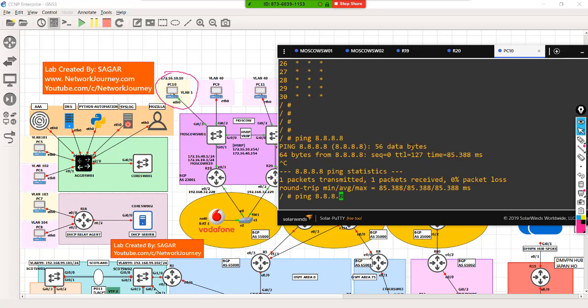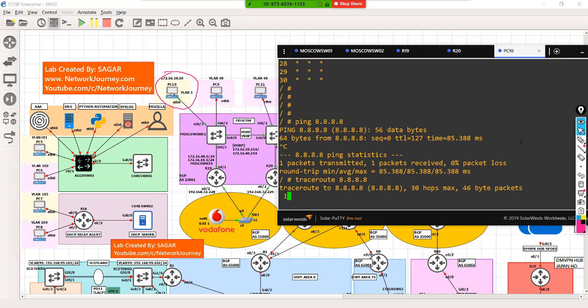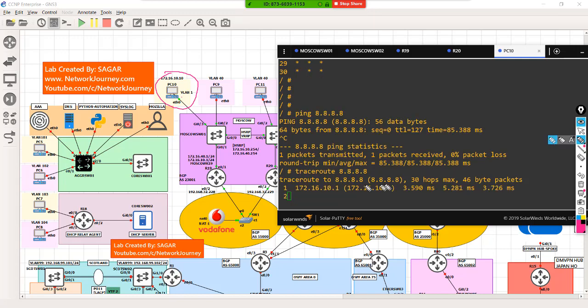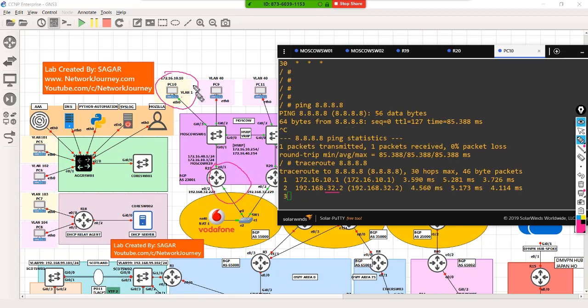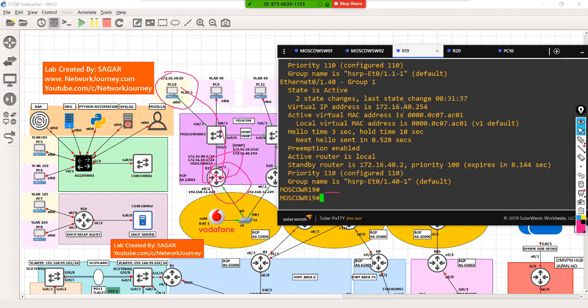So we have reachability, that's good. Let's try out the traceroute. Okay, so it's pointing to 10.1. That's nothing but this. So that's fine, because it's the active device at the moment because of the highest priority.